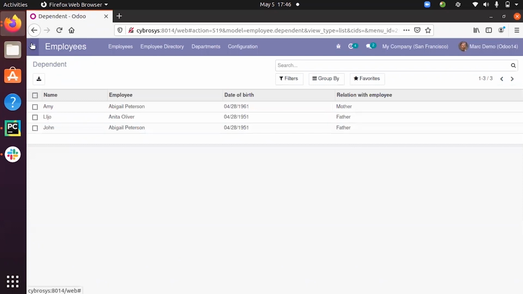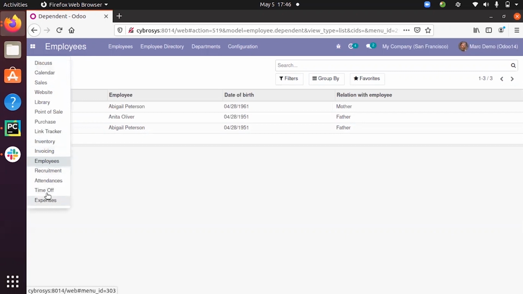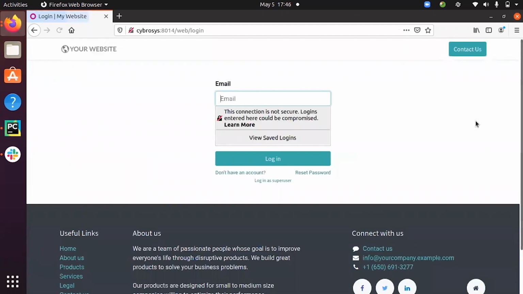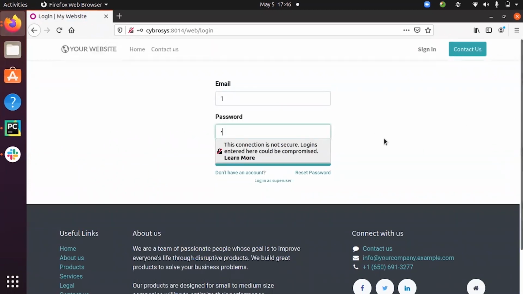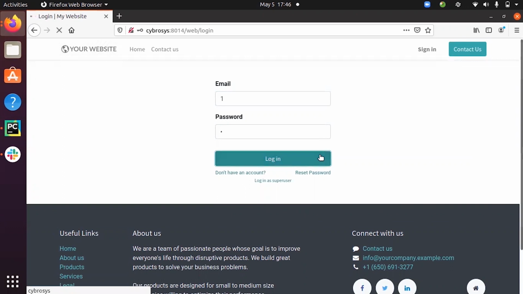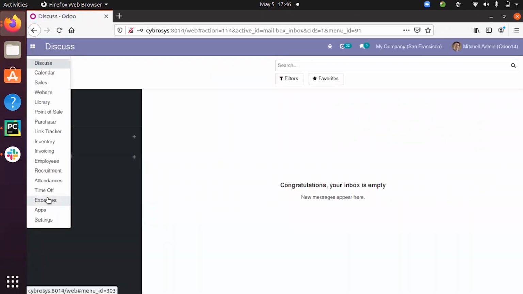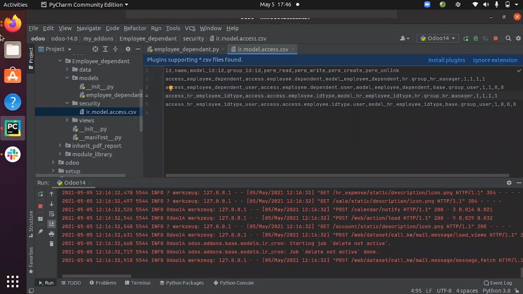Now let's try to change this access right from the front end. For that, we have to go to settings. So let me log out and log in as admin, that is initial admin. So you can update it from here also.